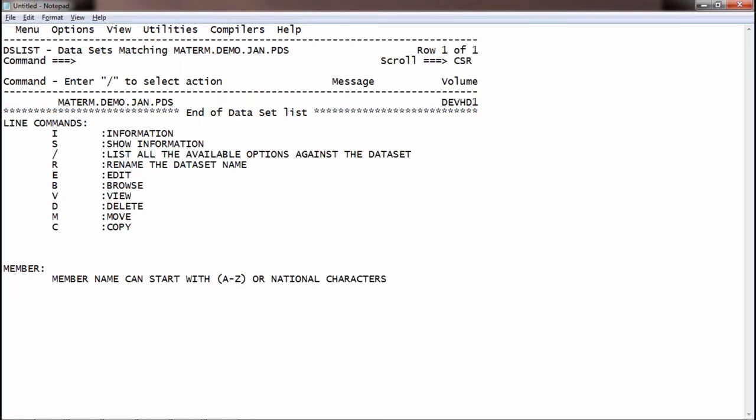National characters we can also call special characters. So what are these special characters in mainframe? At the rate, hash, dollar. These three characters we can call national characters. A member name can start with A to Z or special characters.